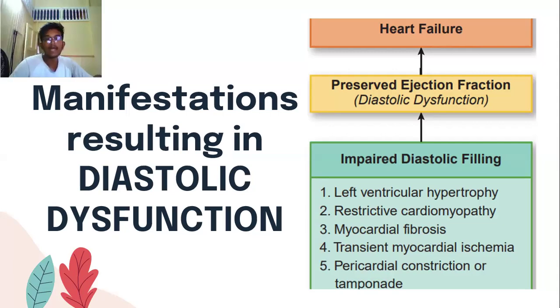So diastolic dysfunction is when there is preserved ejection fraction, and that can happen because of several means where there's impaired diastolic filling. This can be from left ventricular hypertrophy, restrictive cardiomyopathy, myocardial fibrosis, transient myocardial ischemia, and pericardial constriction or tamponade. In this half of the presentation, we'll look at left ventricular hypertrophy, restrictive cardiomyopathy,